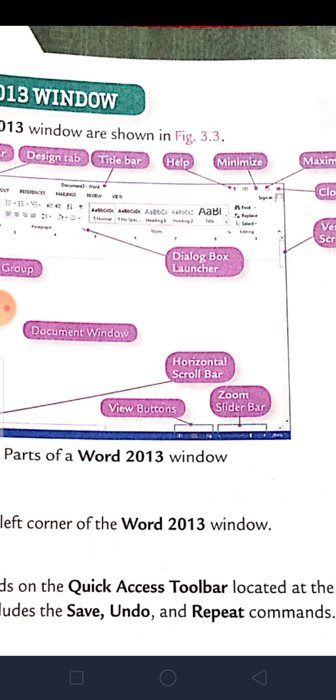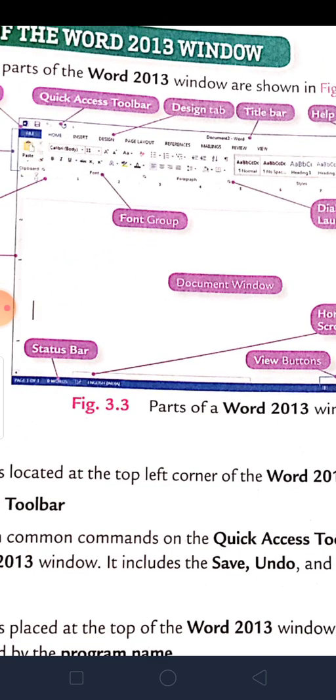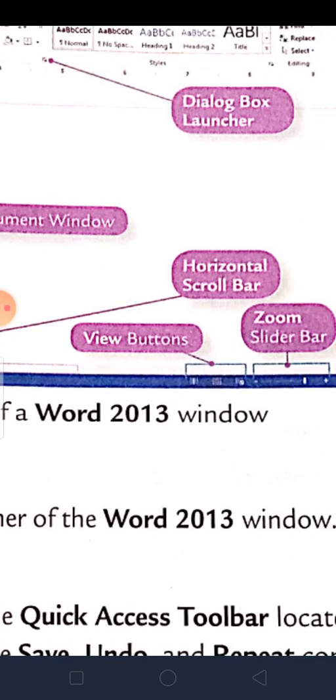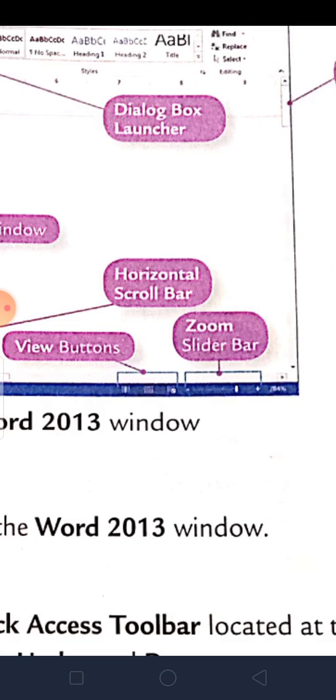The status bar is displayed at the bottom, that means at the last. This is called the status bar. It shows us the page number, the view, words, view button and zoom slider. All these things are over here. Got it?